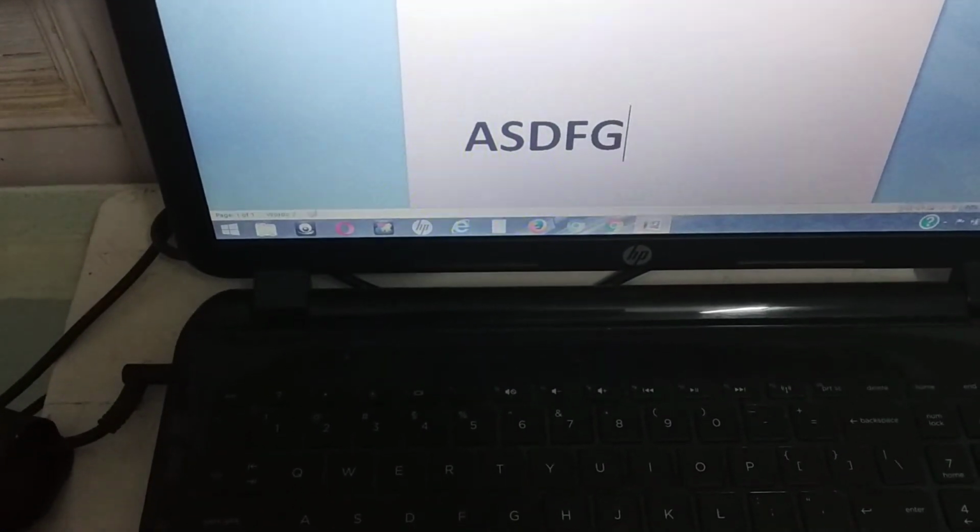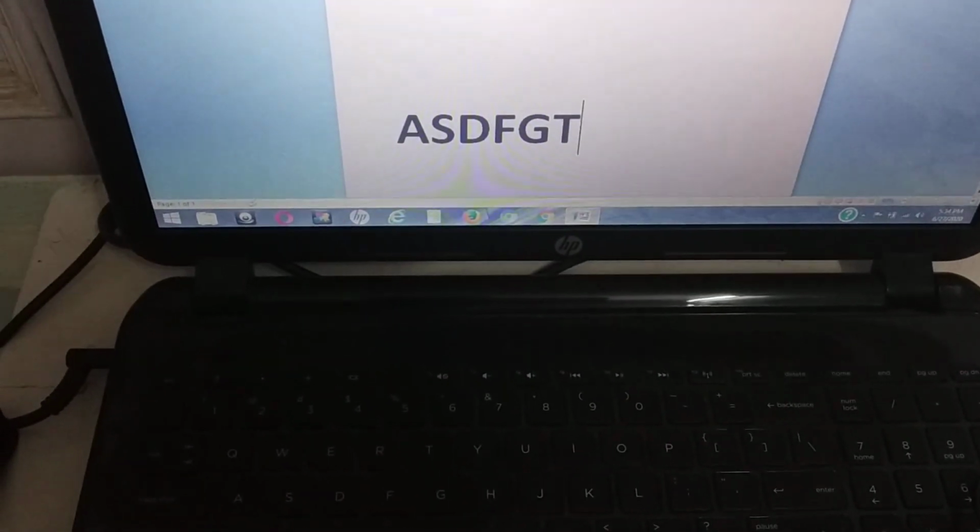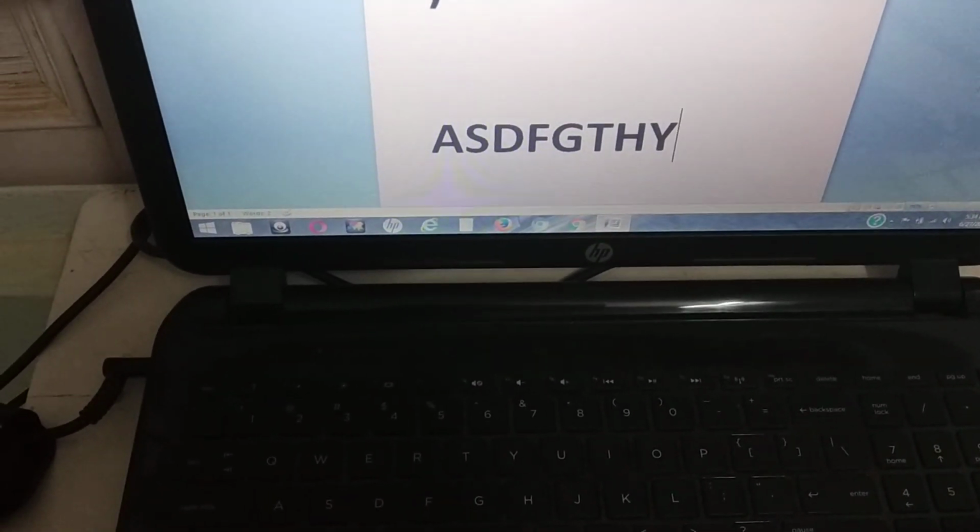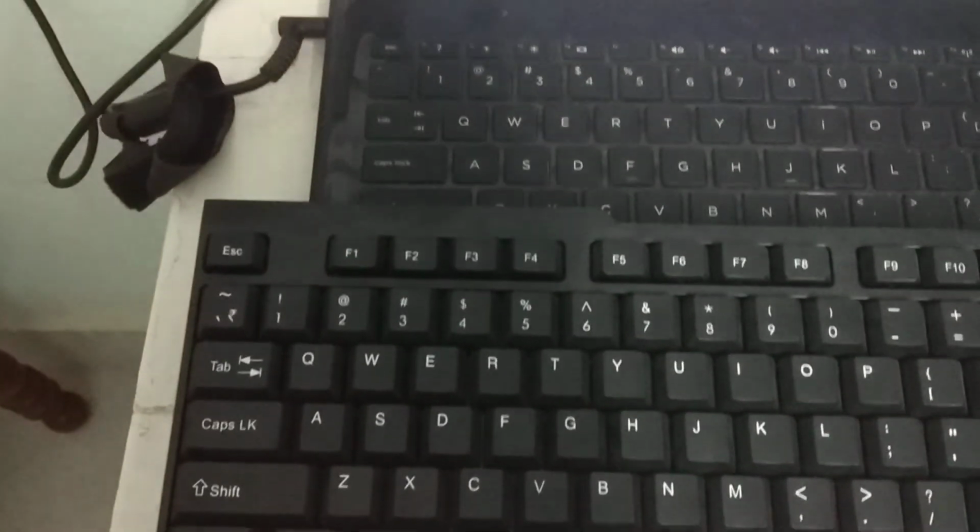You can see here, if Caps Lock is on, then our alphabet will be typed in capital letters. So the Caps Lock key is used for typing in capital letters.